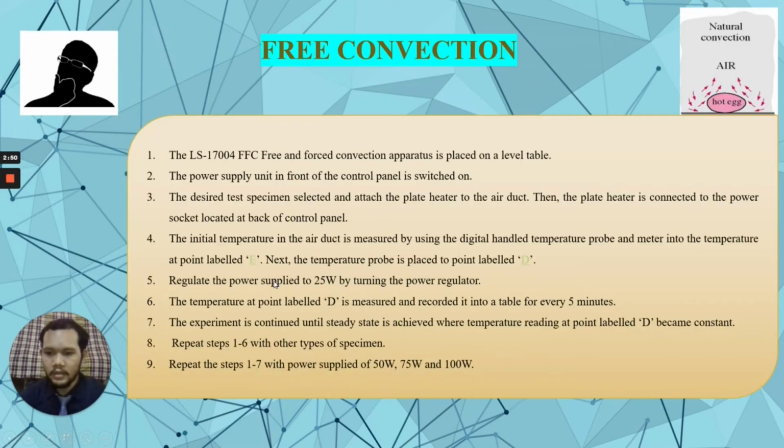5. You regulate the power supply to 25 watt by turning the power regulator. 6. The temperature at point level D is measured and recorded into a table every 5 minutes. 7. The experiment is continued until steady state is achieved, where the temperature reading at point level D becomes